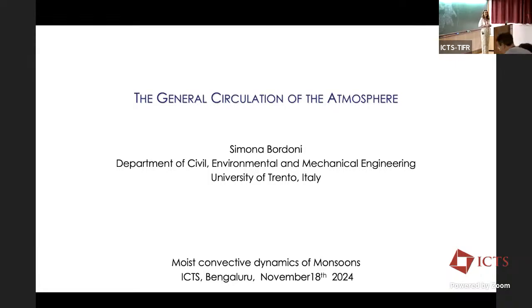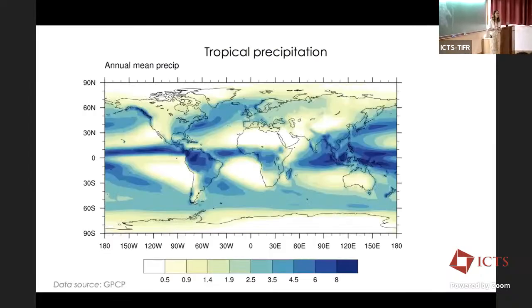So today I was tasked to talk about the large scale, the general circulation of the atmosphere with a focus on the Hadley cell. I do know that even if I wasn't here, I had a spy in the room, and I know that you already heard a little bit about the Hadley circulation. We'll try to get a little bit more into the details of models that have been developed to understand the Hadley circulation. Here, we're interested in moist dynamics of monsoons, and so of course, I really want to start by